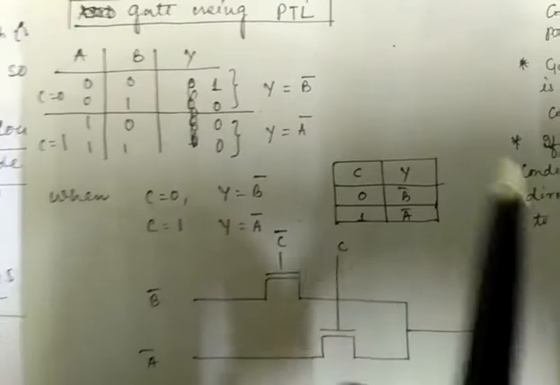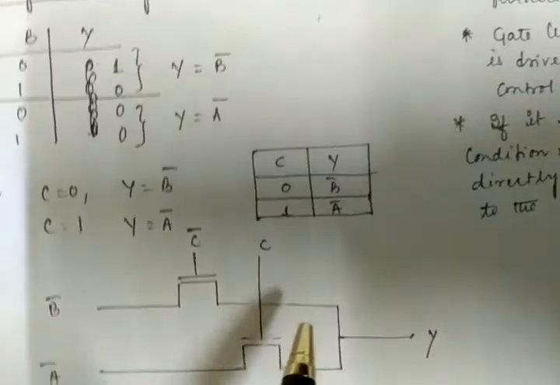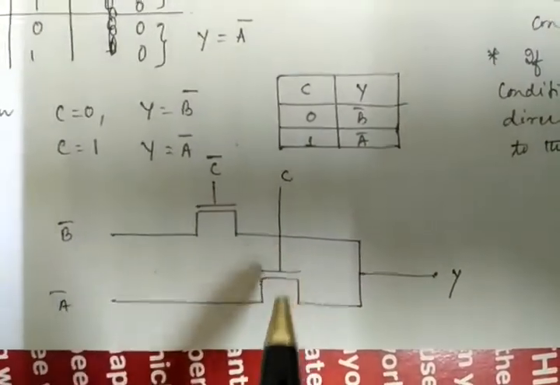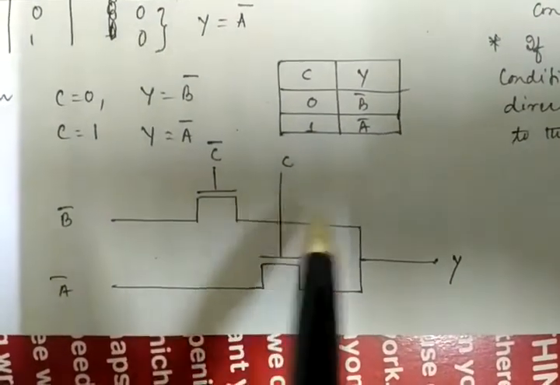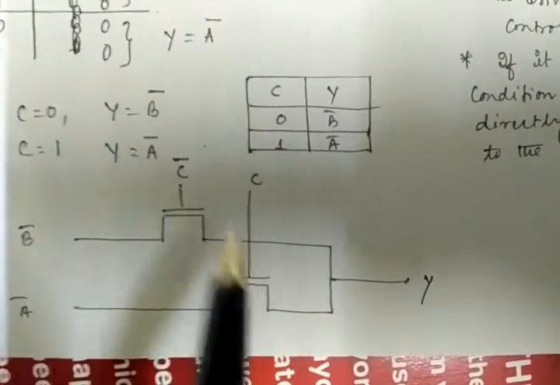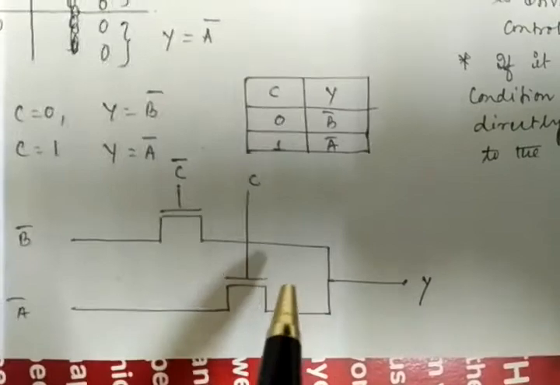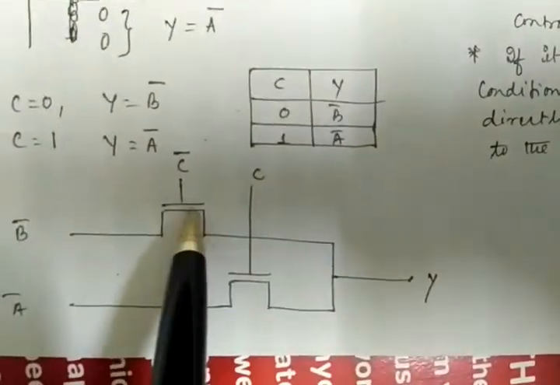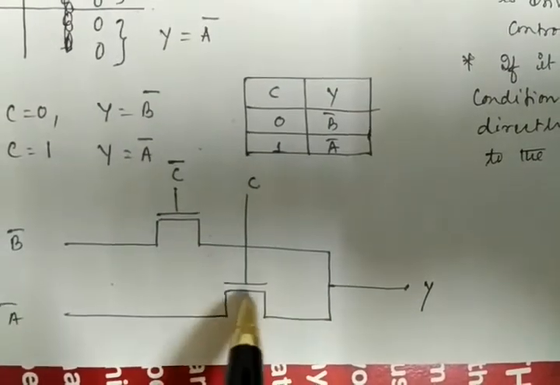So from this concept to this concept, we have reduced the truth table, this one. Now we have to apply this truth table in our PTL logic, right? So how can we do that? This is the same general schematic of PTL, where the NMOS is used in parallel. Please check how it is designed. In the upper path, one NMOS, and in the lower path, one NMOS.